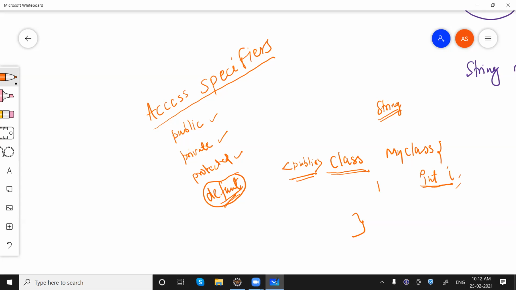We can write it like this: public, or we can say private, or protected. All these access specifiers we can use, and all have their own meaning. Public is for a different purpose, private is for a different purpose, and default is for a different purpose.